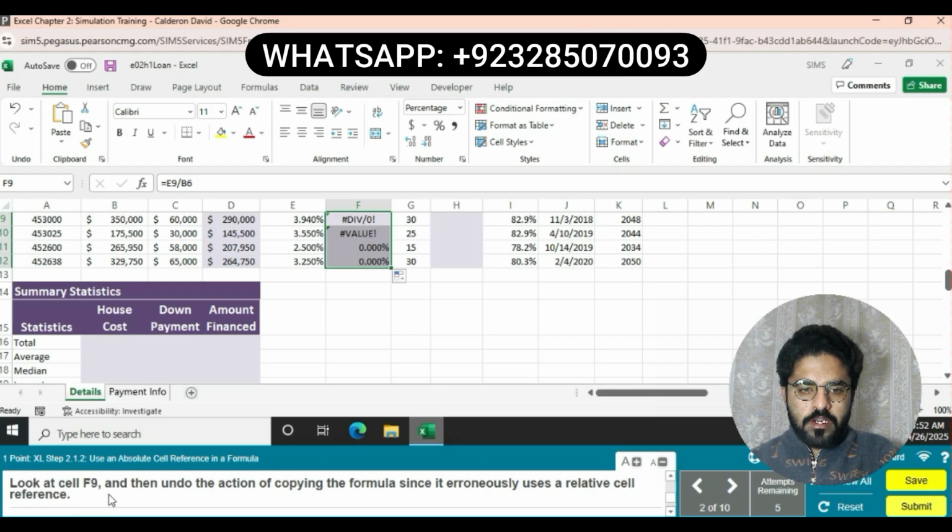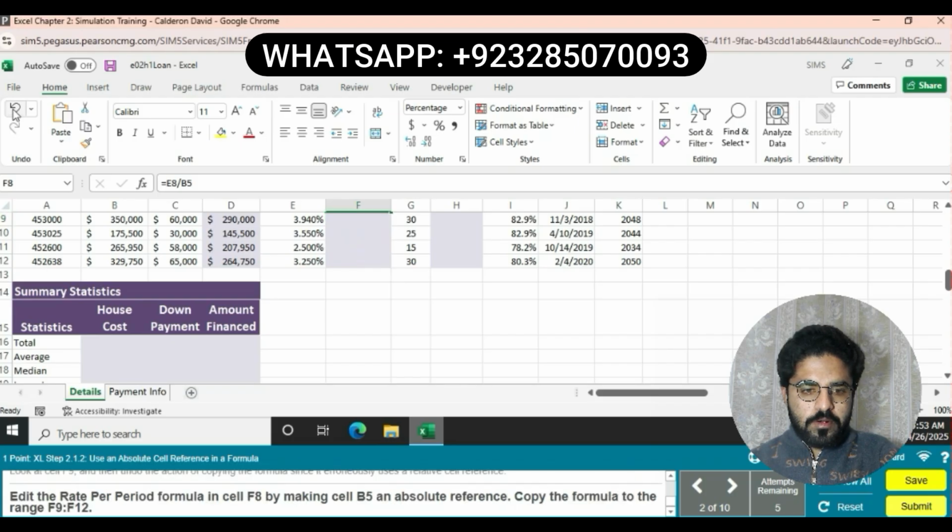Look at cell F9 and then undo the action of copying the formula since it erroneously uses a relative cell reference. Basically in this question you will have to see that the divide by 0 exception is here. This is an error. First we can remove this error using the relative cell reference. Undo the action. Then the next part is